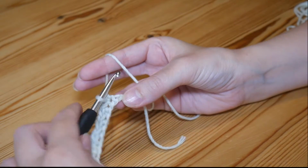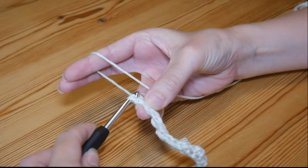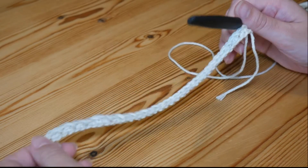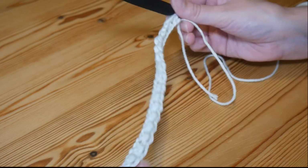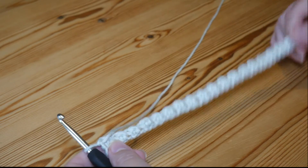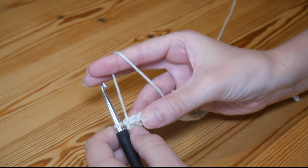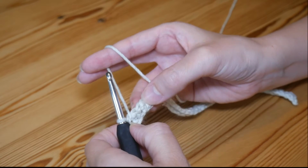So I'm almost back along now, and in your very final stitch you should be putting a slip stitch. So you should finish on the slip stitch just like we started with the slip stitch. So when you turn it over you should be getting a nice little bit of texture already. So we're now going to turn our work, and now we're basically going to alternate between those 2 stitches once again, but doing a slip stitch on top of the half treble and a half treble on top of a slip stitch. So we finish with a slip stitch, and so into